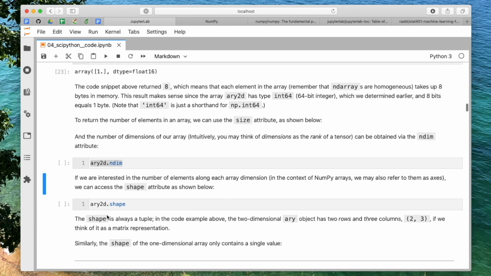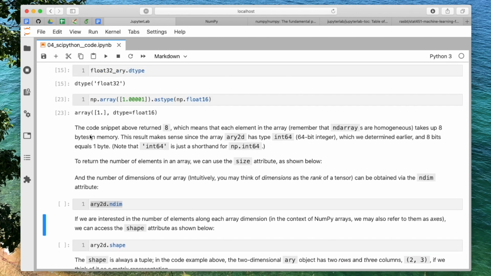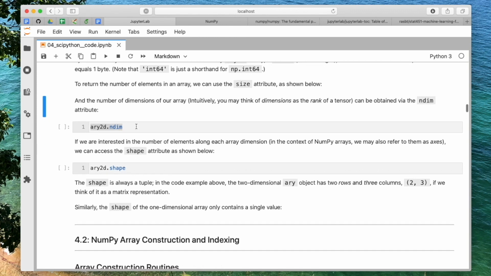Okay. Somehow my Jupyter Notebook is stuttering. Sometimes I click and nothing happens. I don't know what's going on here. Anyways, and